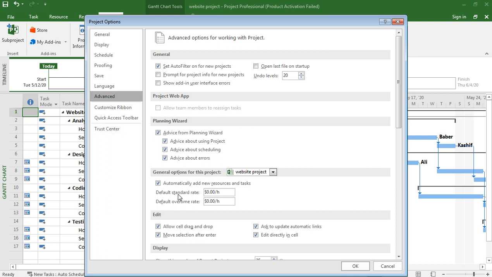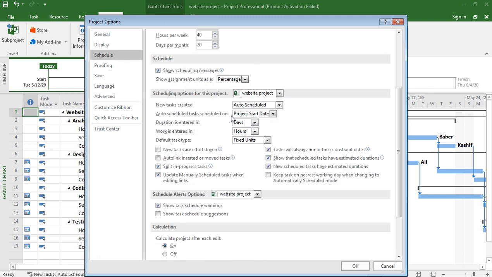Now if you go to advanced, you see this is default standard rate for all, default overtime rate. You can use these scheduling properties, auto schedule.